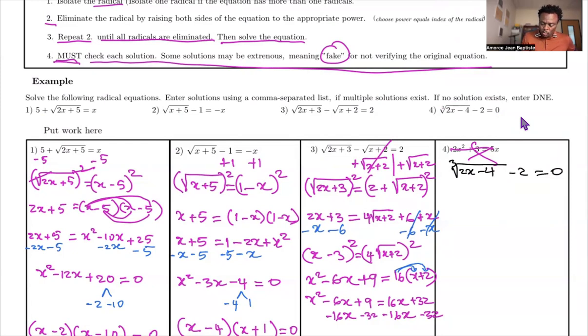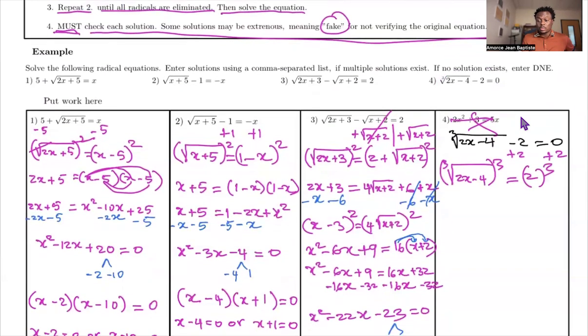So we would add 2 on both sides, right? And then you would get cube root of 2x minus 4 equals 2. Now the appropriate exponent will be 3. Let's raise both sides to the third power, right? So that's going to be 2x, that cancels the radical, minus 4 equals